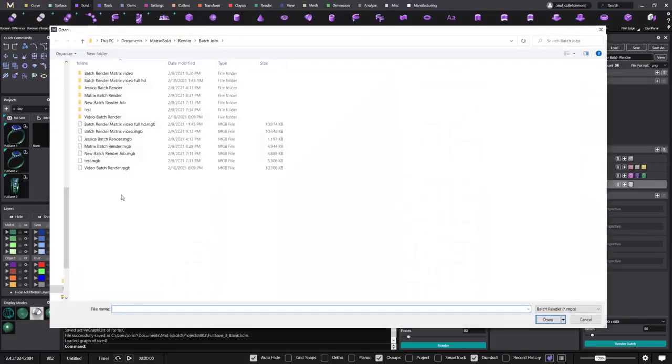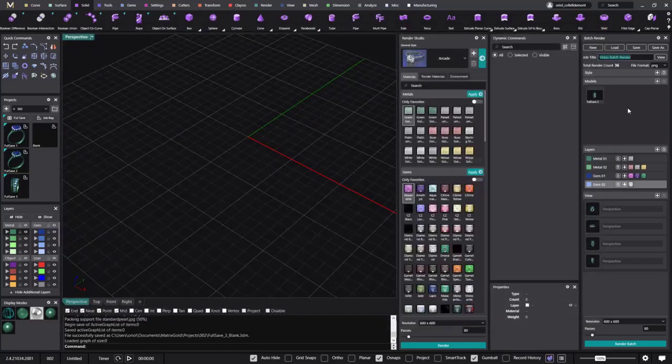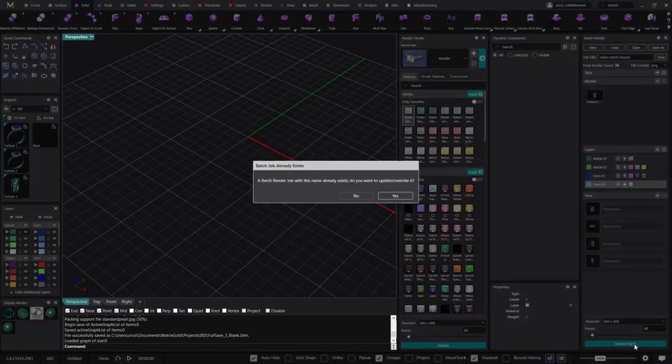So now if I go to load, these are all the different batch renders that I have saved. If I load any of those, what I will get is all the settings that I have here. This is very good because if you want to always use the same views for your renders, you can save it, and then anytime that you load it, you will always get the same perspective. So you can keep the same look for all your renders. All right, let's start the